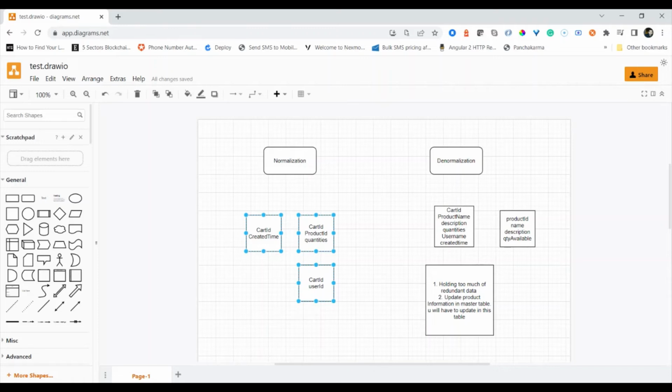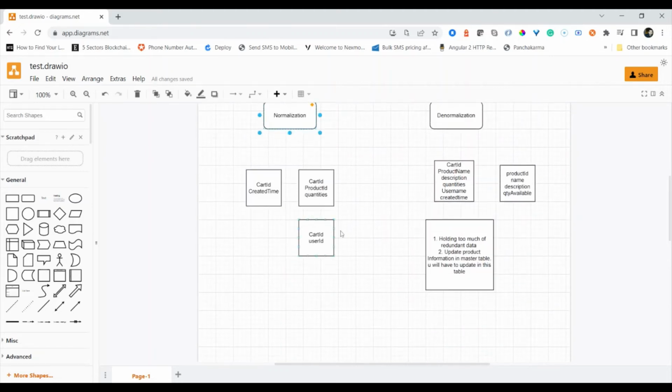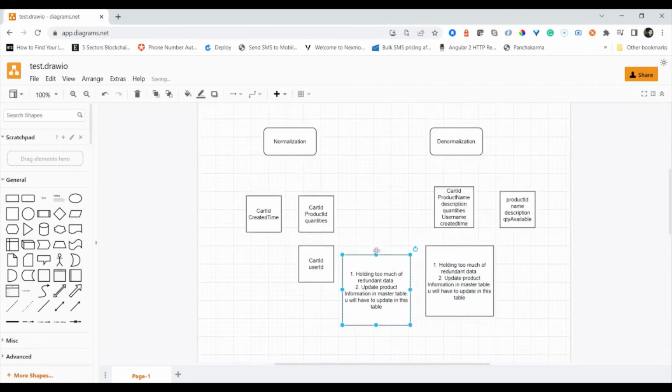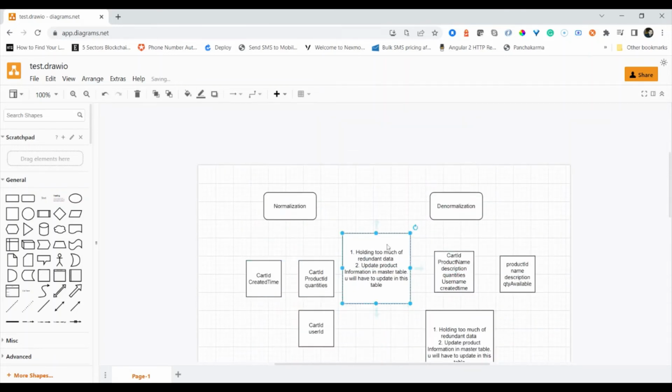So, if you have some kind of transactional use case in your implementation, then you should go for normalization implementation. But if you have something related to, for example, analytics, and you just want to show the analysis values or just want to show the final output, let's say